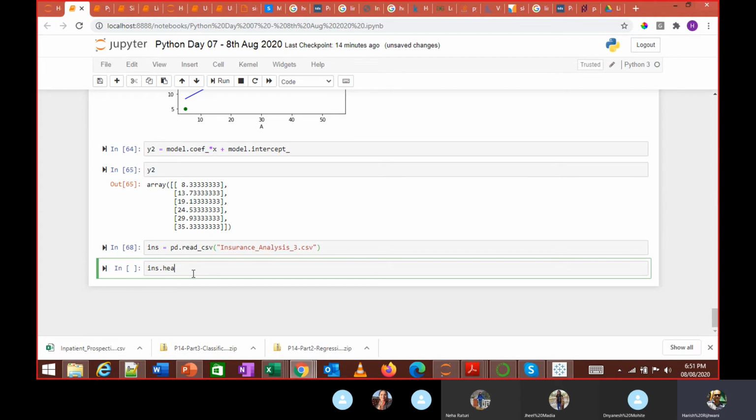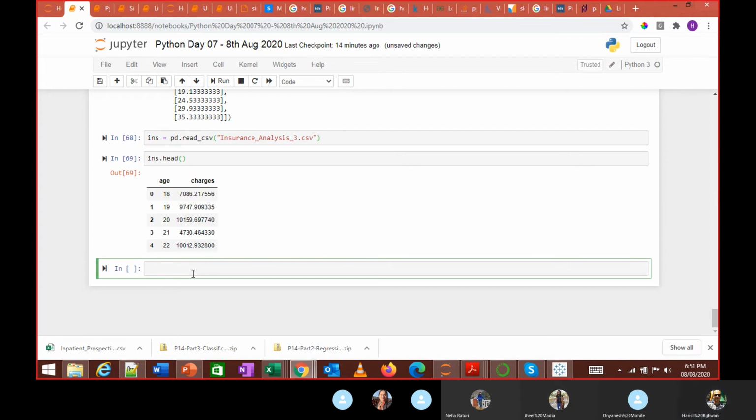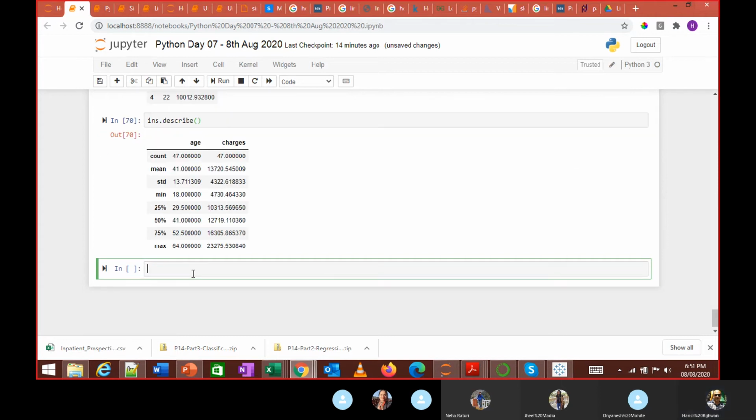So INS.head shows this value. I can do INS.describe. Right, 47 rows are there. The mean age is 41. For the charges, the mean is 13720. So I'm getting all this information using describe.